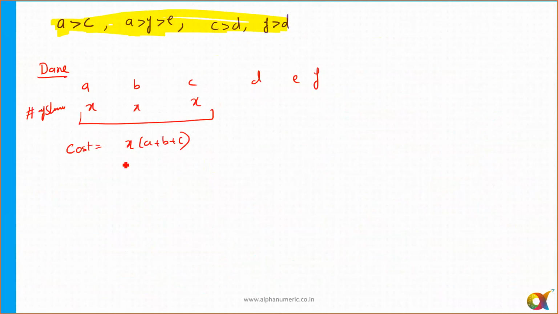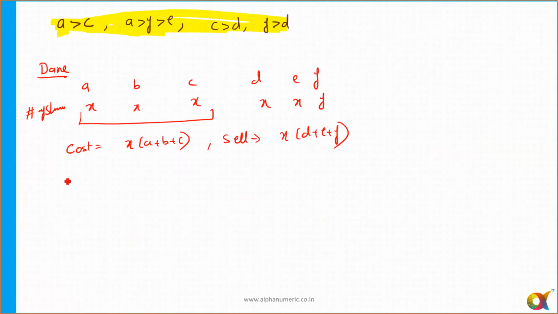And he sold equal number of shares. He sold X shares at D, X shares at E and X shares at F. So what is the selling price for Ken? That is equal to X into D plus E plus F. Is that part clear? He bought 3X shares, Jatin. That is not the total cost. X shares at 10 o'clock, X shares at 11, X shares at 12. And sold X shares at 1, X shares at 2 and X shares at 3. So this is the total cost.